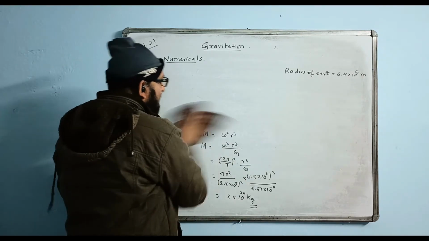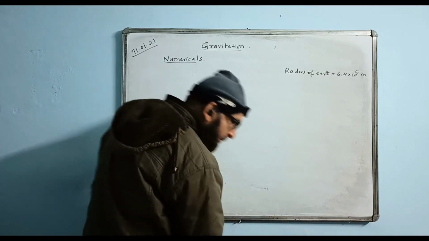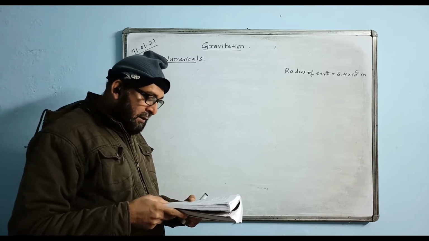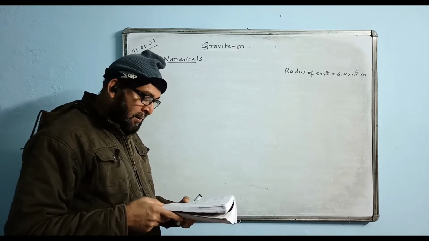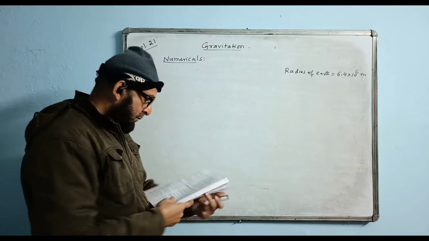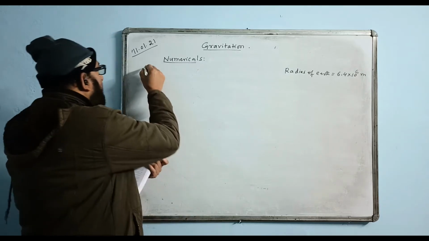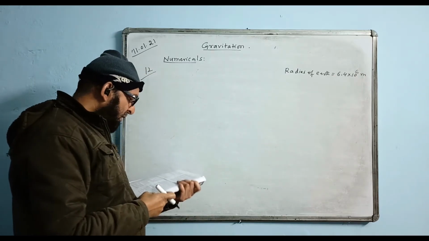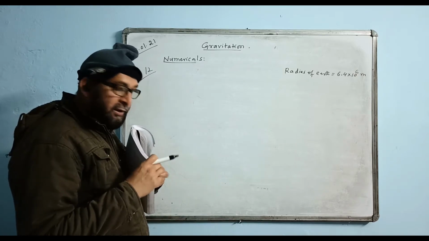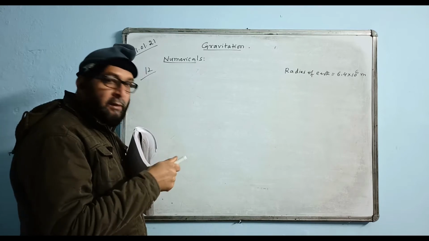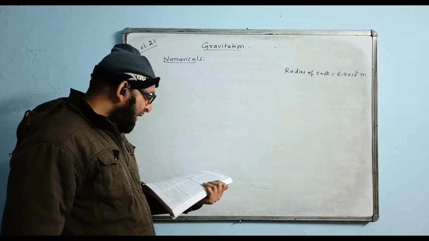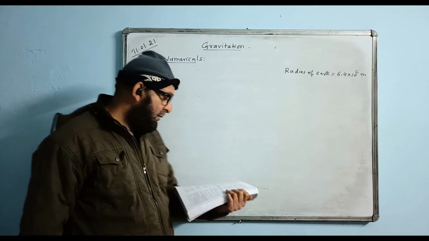Now we are doing another question, that is question number 12. The question says: calculate the limiting velocity required by an artificial satellite